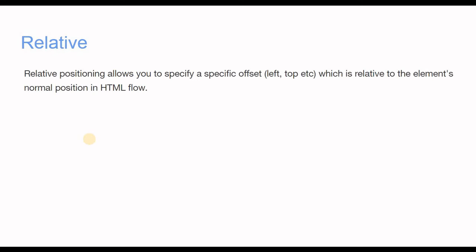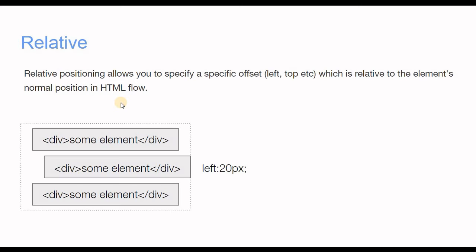Next thing is relative. Again, there is some definition over here, but what I'm going to explain is, if your element position is relative, then you can apply top left value. Most of the cases, when I face some organizations and the developers of that organization, they don't know that relative position elements can have top, left, bottom or right value applied. They always knew that only absolute or fixed position elements will have these top, left, right, bottom values.